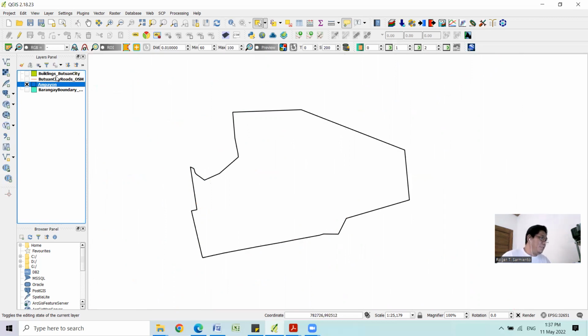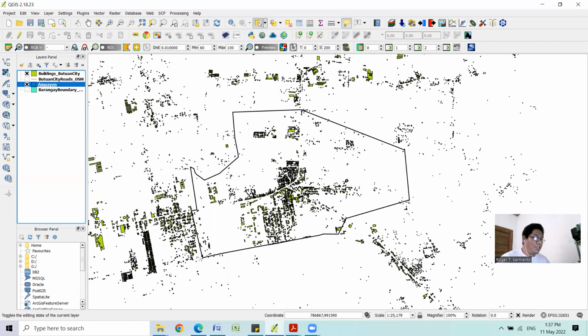So first thing you have to do is the next thing you have to do is to show the buildings of Butuan City. So pala siya tanan. So your goal is to clip only all the buildings that belong to Barangay Ampayon or to the barangay where you belong. So to do this, you will use the clipper tool on the Victor